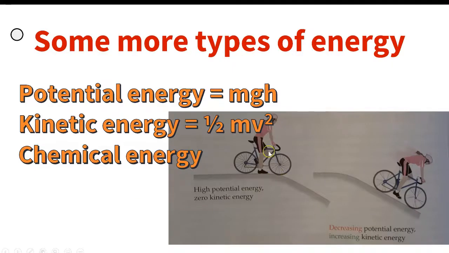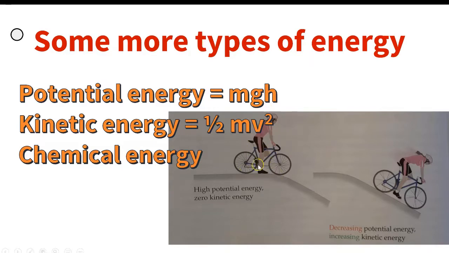Okay. Now, this is an example where, for instance, a cyclist is moving downhill. Whenever the cyclist is standing uphill, it has the highest potential energy. Why? Because it has the maximum height. So if this is the zero level or ground level, here it is the maximum height, and hence if we see the formula of potential energy, it has the maximum potential energy and zero kinetic energy,